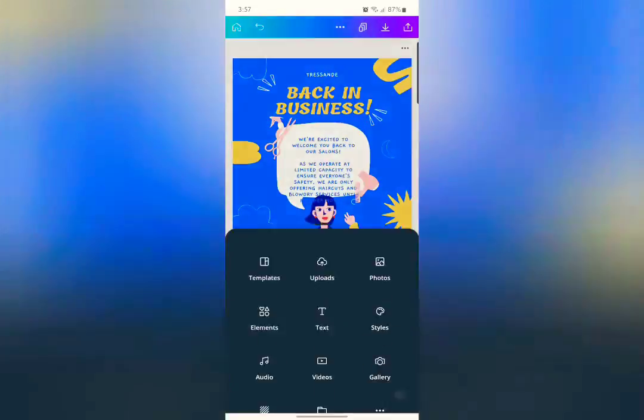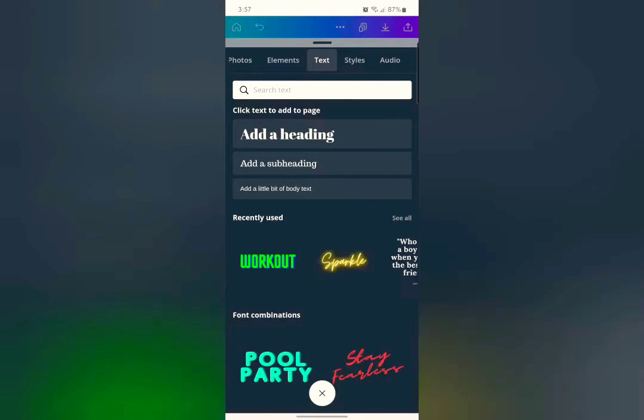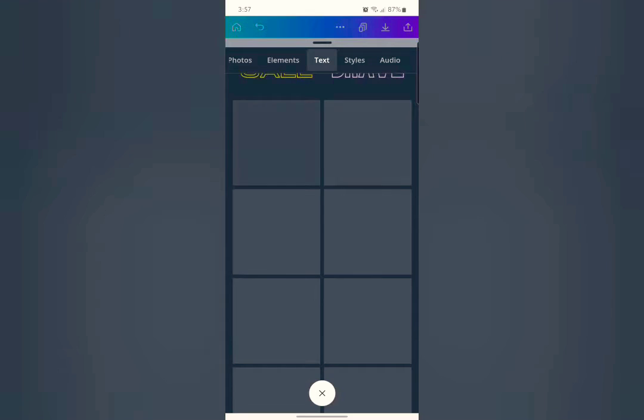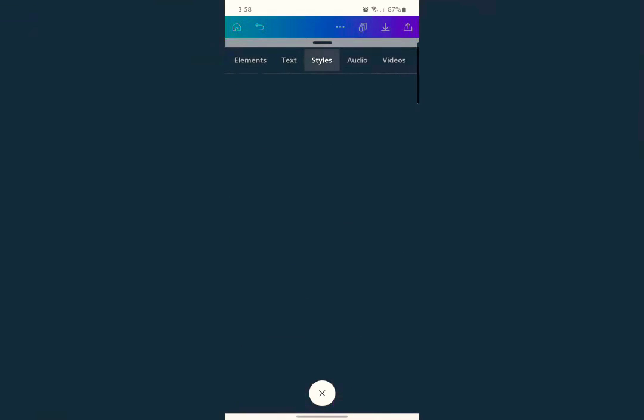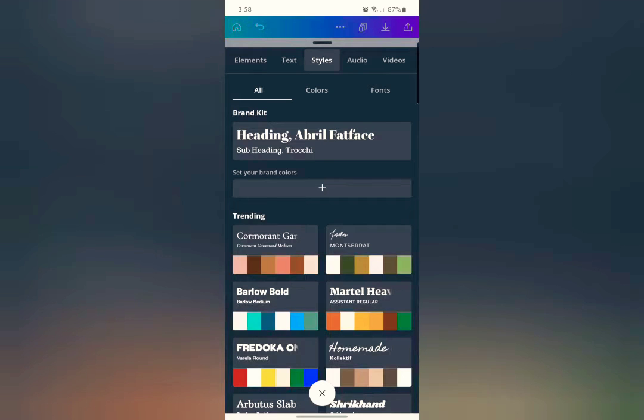And also when you click the plus button, there is the photos option. The text option is where you can insert all the text, different kinds of fonts and styles that you can use to make your own poster